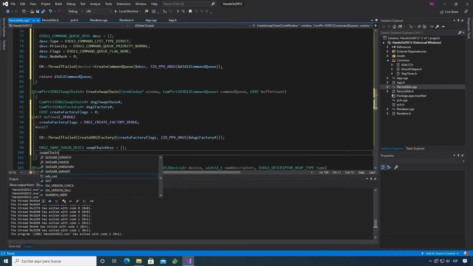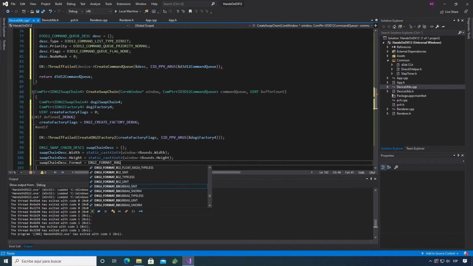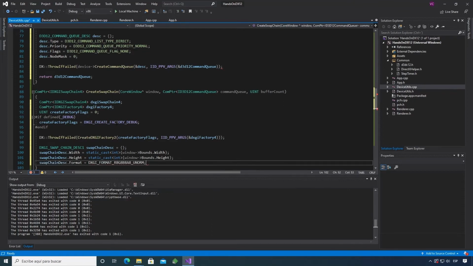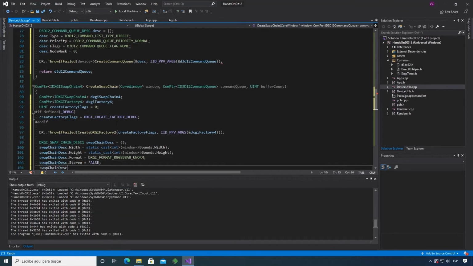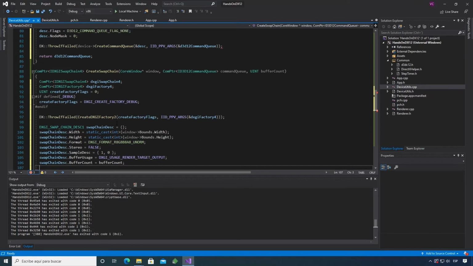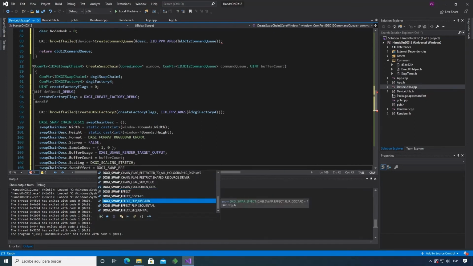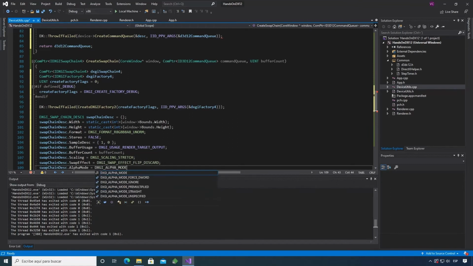We create a swap chain descriptor to which we pass the width and height of the window. We will give it the R8G8B8A8 unorm format without stereo, a 1-0 sample desc, a render target output buffer usage, the number of frames, stretch scaling mode, flip discard as swap effect, and unspecified alpha mode, and